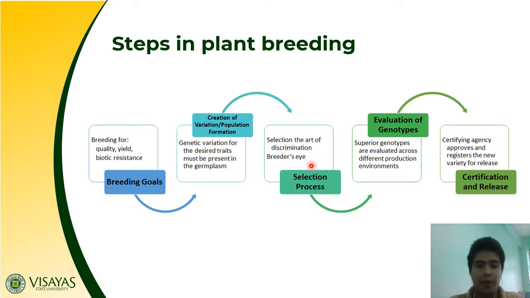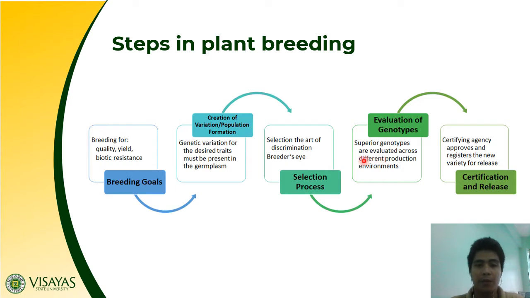So here you can now perform the art of discrimination, and you can use your breeder's eye to select or identify the best variants. So you will do this in a couple of generations. Maybe you will reach up to a seventh generation just for you to be able to select the superior lines. So once you've selected the superior lines, you have to proceed to the next step, which is the evaluation